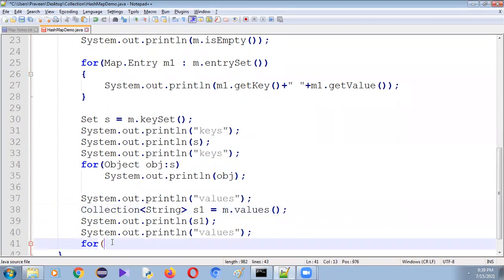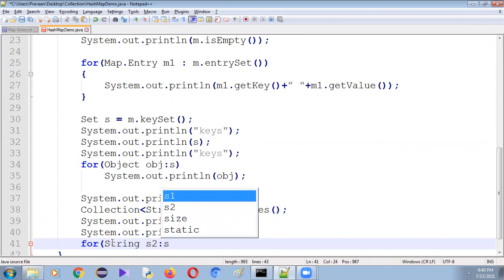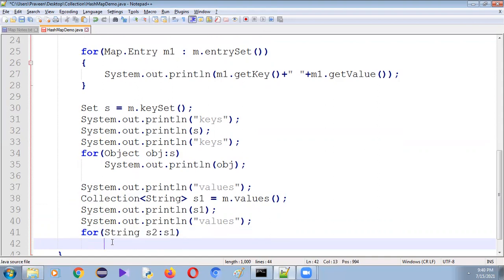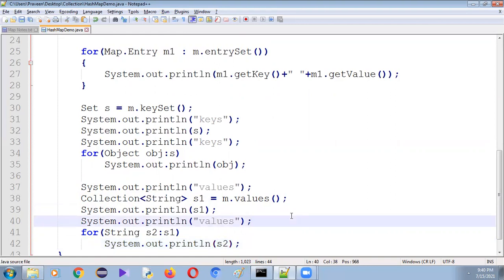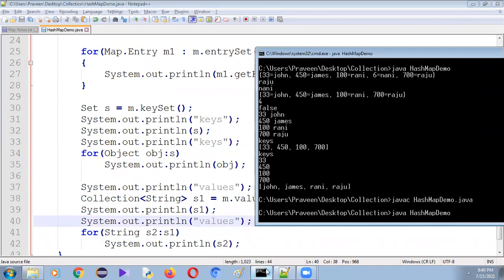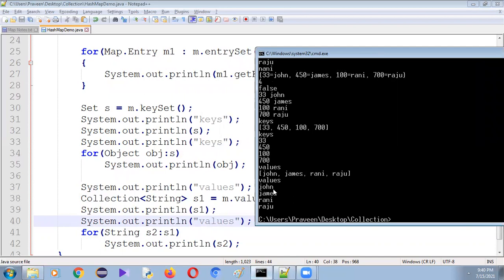So let me say for String s2 colon s1, System.out.println of s2. Now it will display the employee values only one at a time. See values John, James, Rani, and Raju.